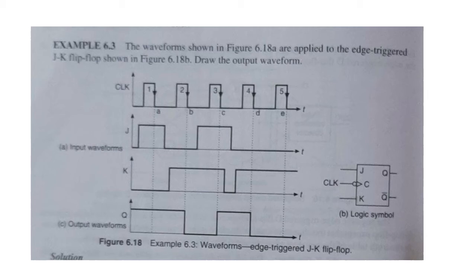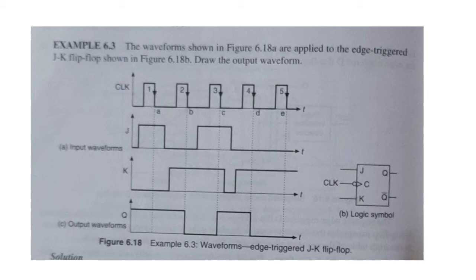Again, if you check the second clock pulse negative edge, we can see that the value of J is 0 and K is 1. If that is the case, then the flip-flop will move to the state 0, and it will remain at state 0 till the next negative edge.